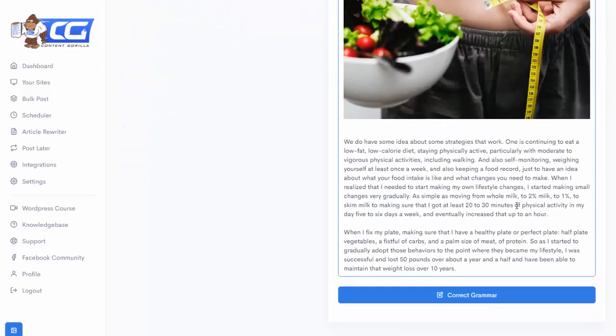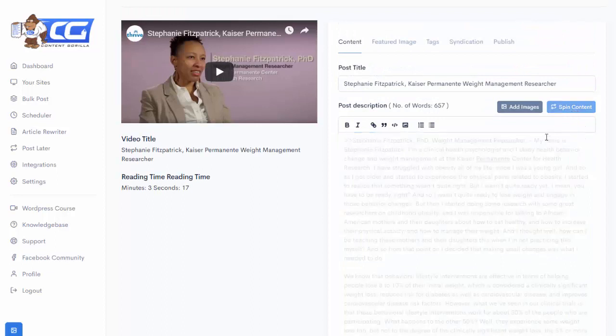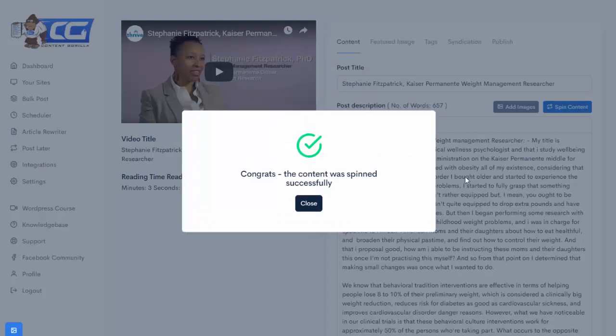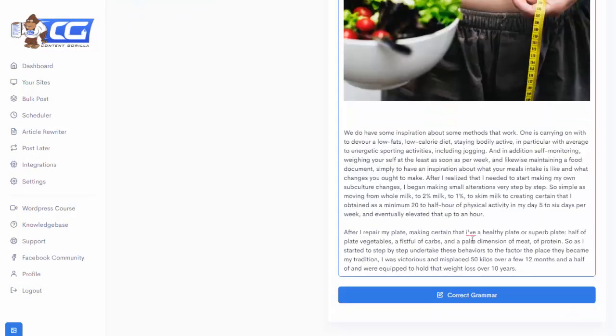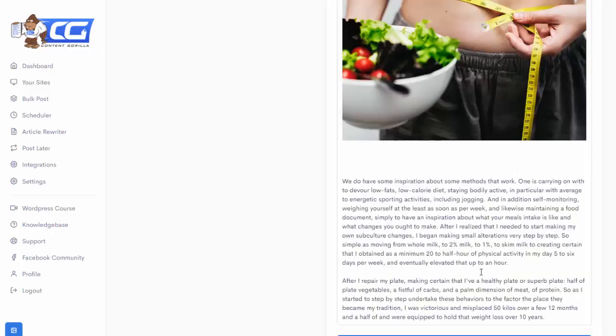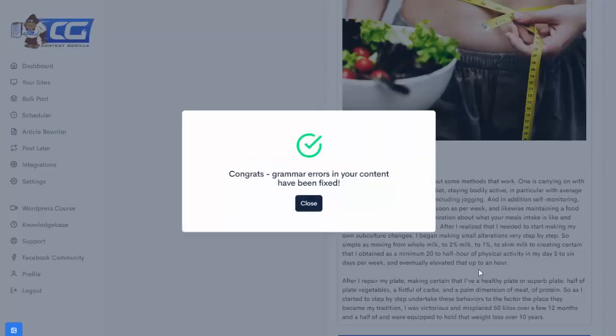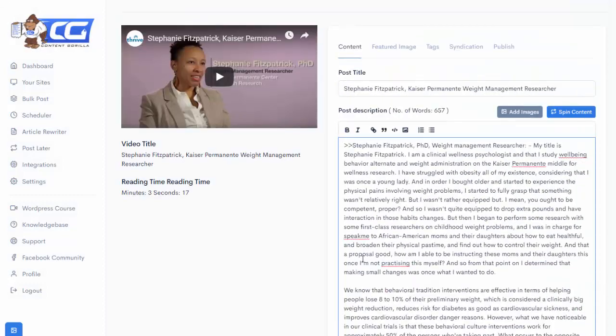And then let's say if I wanted to make the article even more unique, I could click on spin content, and that would change a few words in there. Of course, then you have to read it and make sure that it's still legible enough, it's clear enough. And again, you can click on grammar and it will very quickly fix some of the issues for you to make sure that you are able to still maximize this article, right? So this is still 657 words.